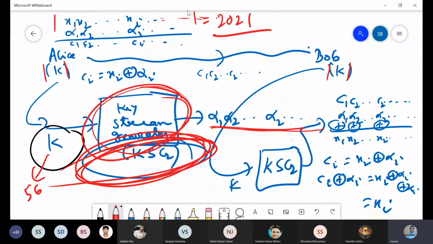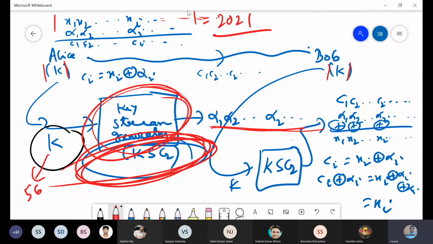Yeah, it is not possible to always have the same size of key stream, but we need the same size because our plain text is that long. The idea is, if we have this key stream, we can just do the simple operation of XORing with the plain text bit and we get the ciphertext bit. That is the idea. Any question? Does this answer your question? Yes, sir, clear.